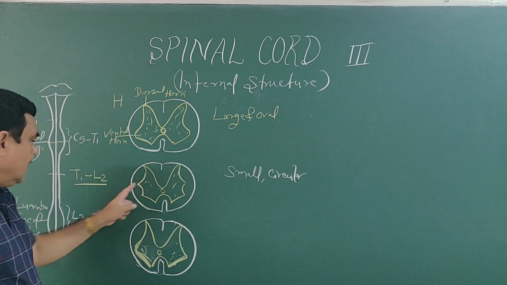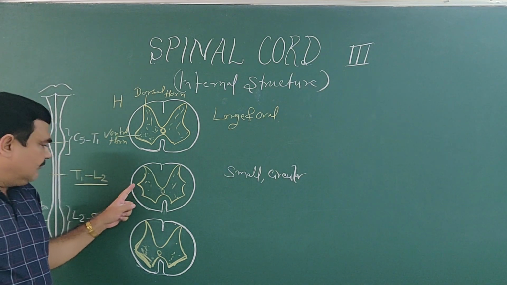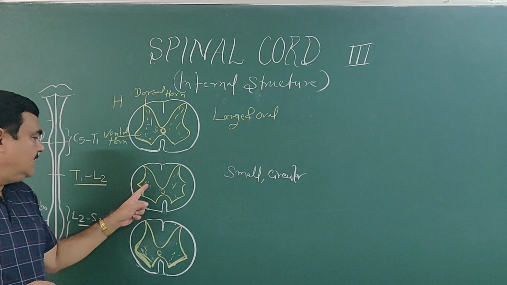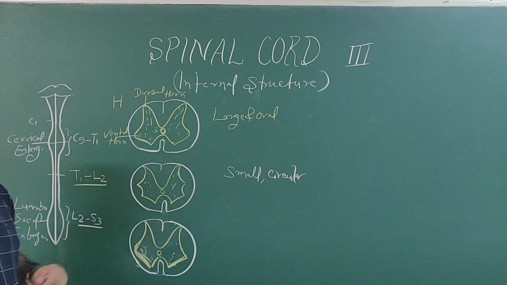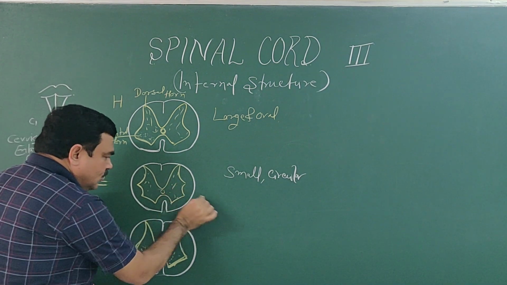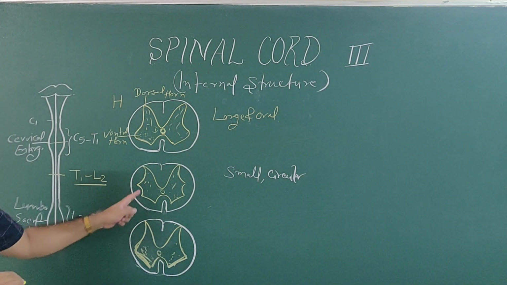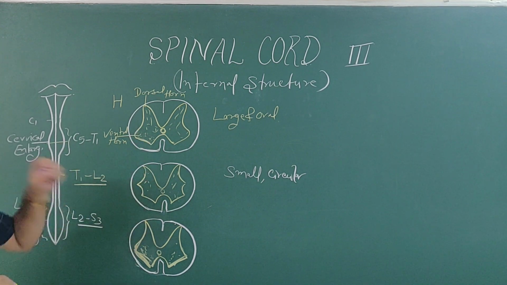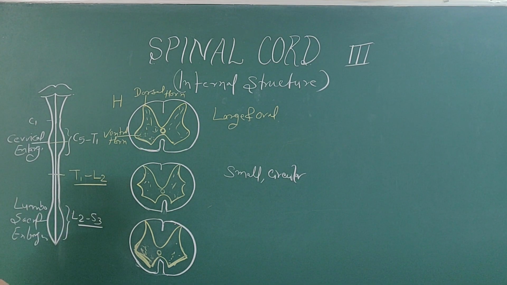And in this region there is the lateral horn. The lateral horn is present in the thoracic T1 to L2 region. This is for the sympathetic outflow. In this region, sympathetic nerve nuclei are present, and the fibers pass through the ventral root along with the motor nerve. So this is the basic difference in the gray matter of the spinal cord at different levels.